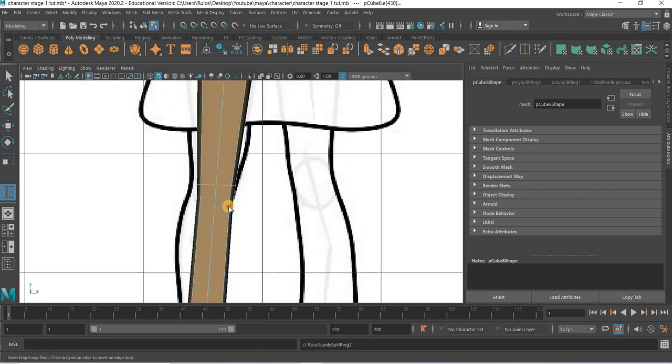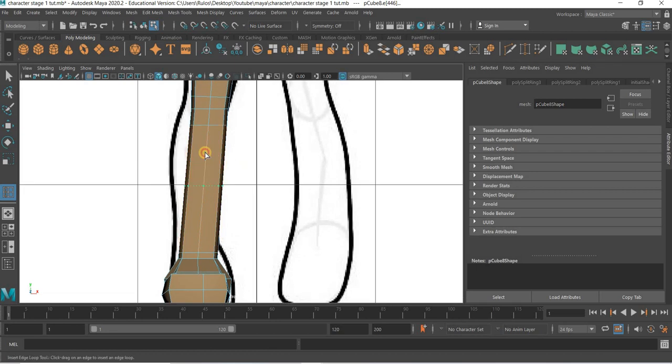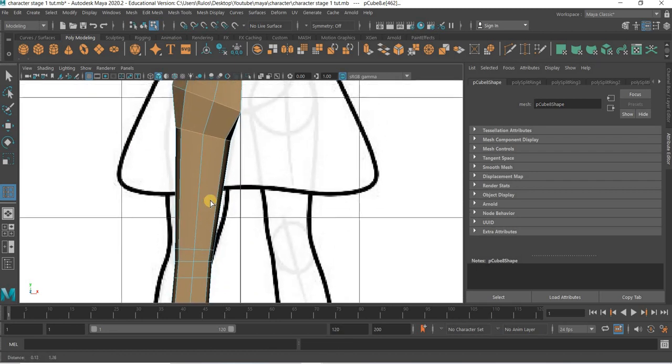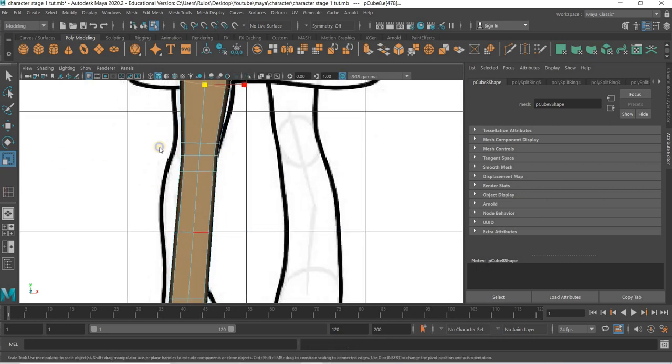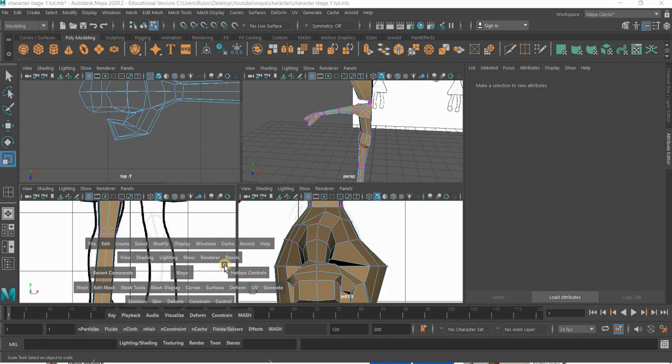On the knee, I'll put one on top, one at the bottom, and then we'll put one in the middle because we don't want very long polygons. One we can put here in the thigh, and then you can start working with these. Okay, and then if you go to the side view,